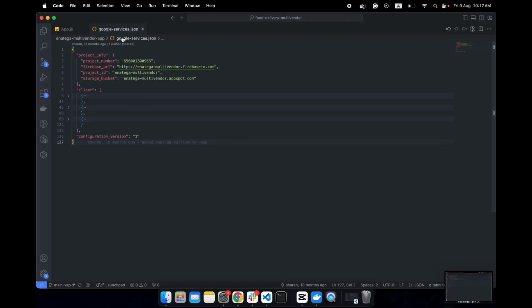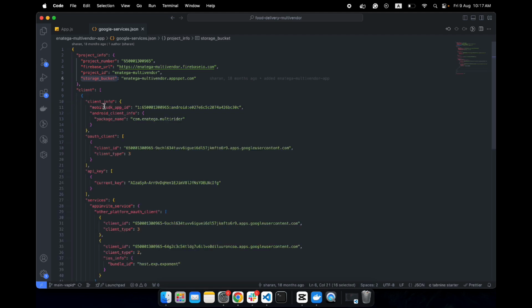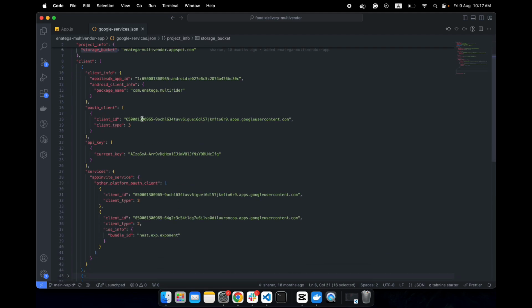Let's talk about Google services.json. Again, this file can be obtained when you are creating a Firebase project and also creating multiple Firebase apps for your different mobile apps. So first, in the first section, we have the project information, including the project number, the Firebase URL of our project, and then the project identifier, and also the link to our storage bucket, right? And then, since we have three different clients, the restaurant, the customer, and the rider, we have three different client information. So if we just open one of them, we have again some other attributes and information about